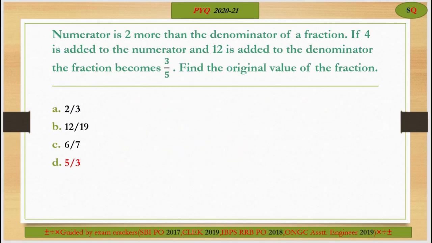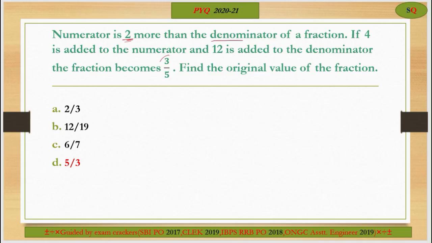Numerator is 2 more than the denominator of a fraction. If 4 is added to the numerator and 12 is added to the denominator, the fraction becomes 3/5. Find the original value of the fraction. It is very easy. The examiner confused the students. Just we have to read the question carefully. Here the numerator is 2 more than the denominator of the fraction, but we